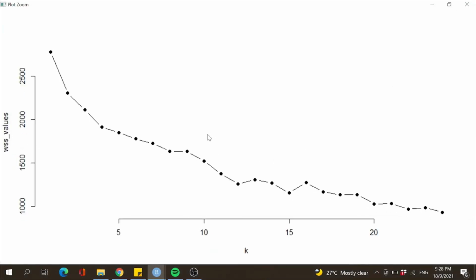So here we see the elbow plot that we have created. You can add a title or rename the x axis and the y axis as well. We see that the elbow is located at this 9th point right here. Sorry, this is the 8th point right here. Since this is 10, 9, 8, this might be the optimum number of clusters that we can group our